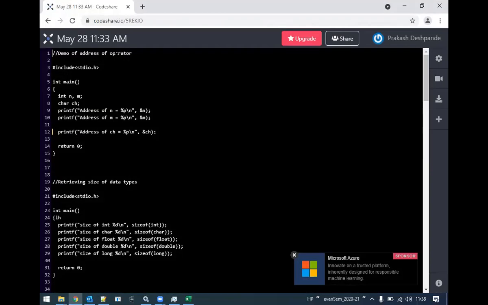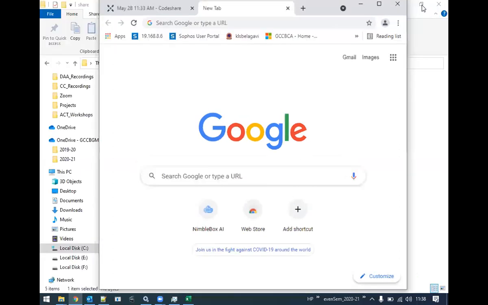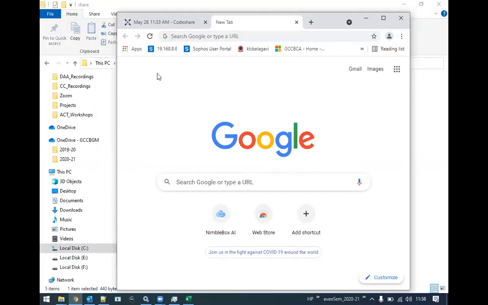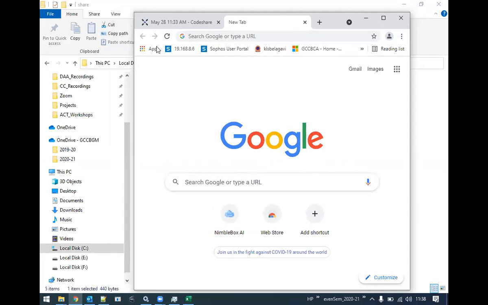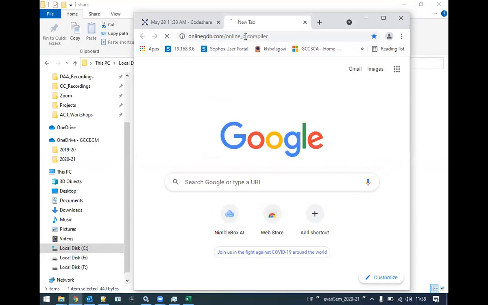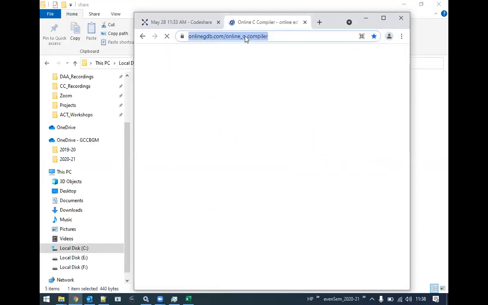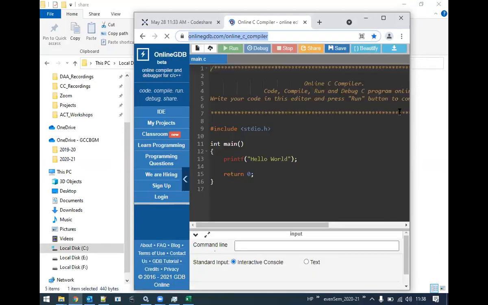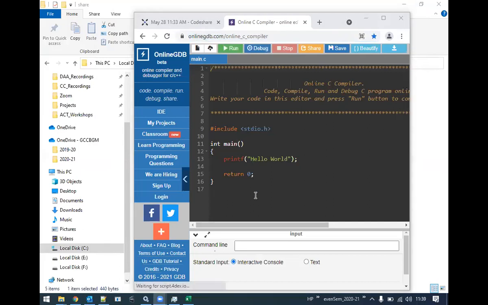I will put the link again here of the online C compiler. So make use of this particular online compiler and then execute the programs.